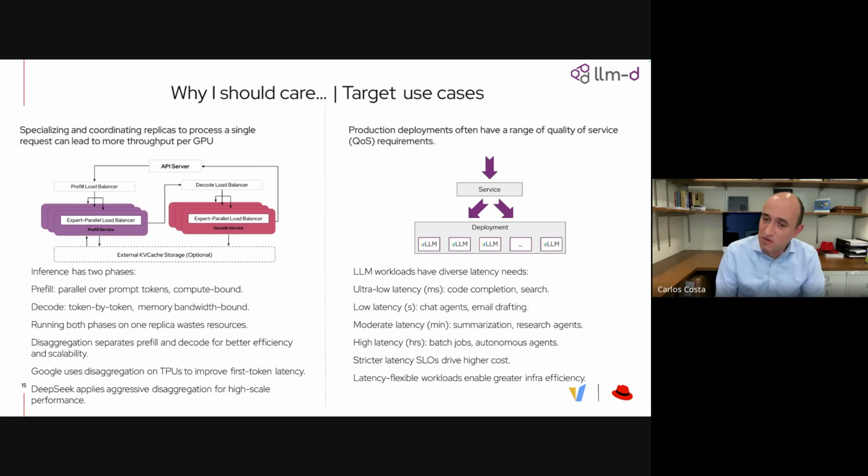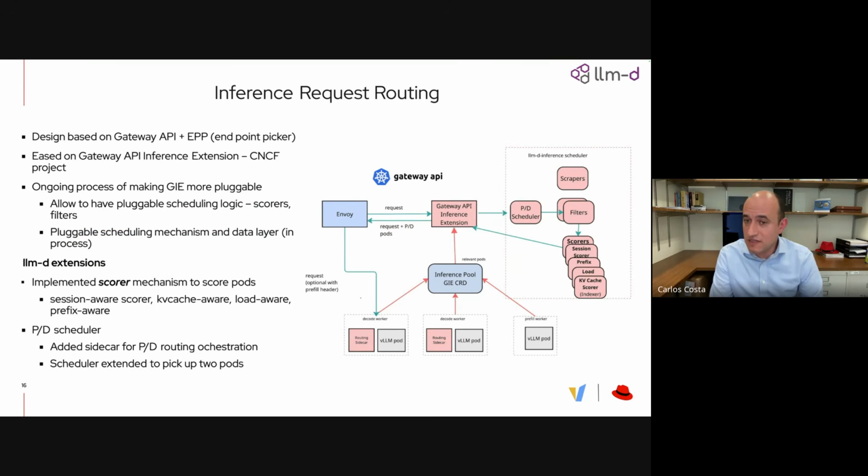So being able to accommodate different SLOs in the same platform is what makes it very flexible, and also how we can accommodate more things, right? You can have better efficiency if you have this type of more heterogeneous workload. How are we addressing this? Now I'll get more into the weeds. I'll spend, again, as I said, more time on the routing piece. Keep in mind that, of course, we're using a lot of the PD, and I'll touch on that in a